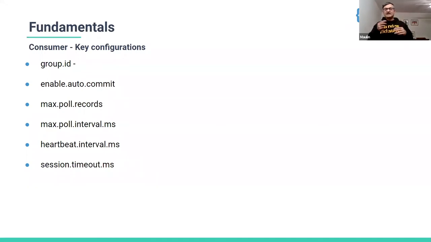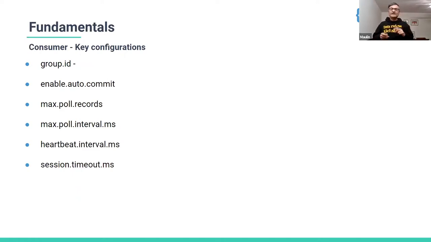The third and fourth are related to how many records you want to fetch in the poll request, as well as what your SLA is around making a poll call, processing it, and coming back to the poll call. If you remember that infinite while loop that we had. This time configuration determines how stable your group is, because if you cannot meet that SLA, Kafka is going to think your consumer threads are dying, and then it will rebalance, and that instability could be a problem.